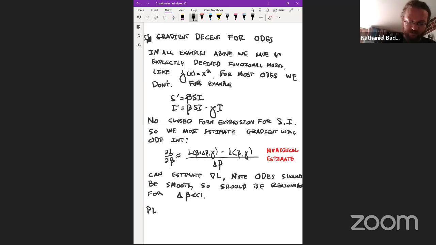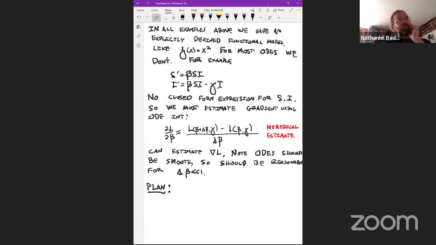Here's the plan. We write down our model. So given a system of equations, given data t_i, y_i,